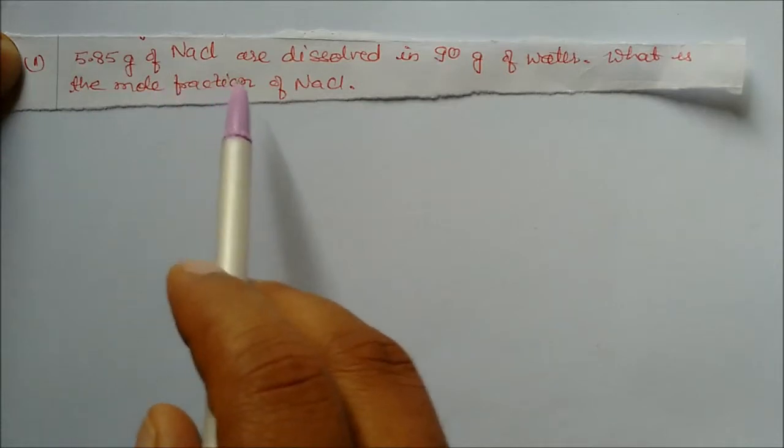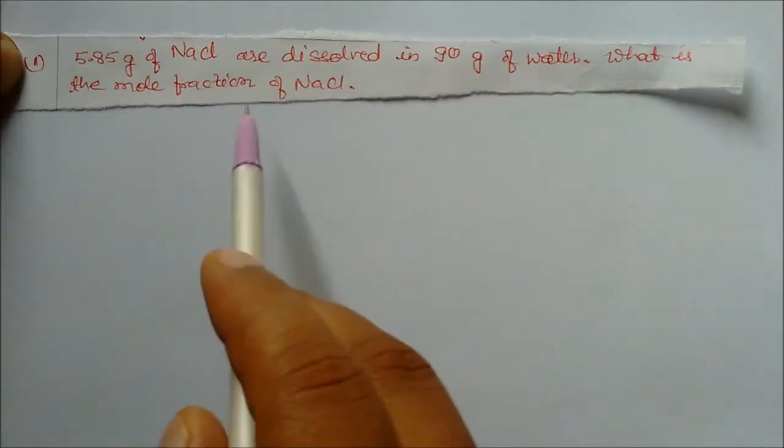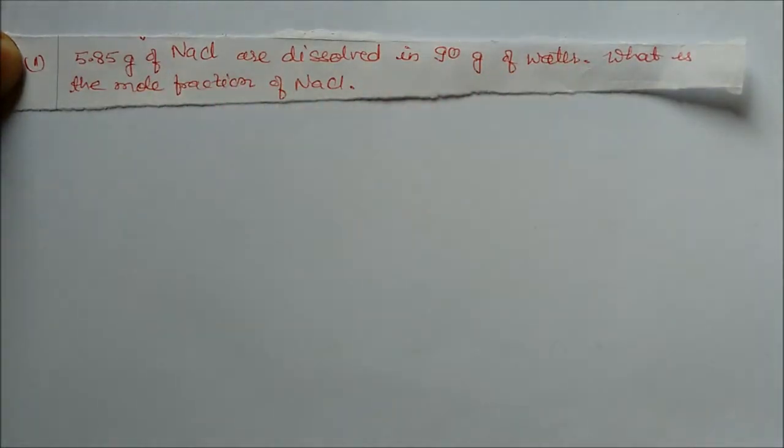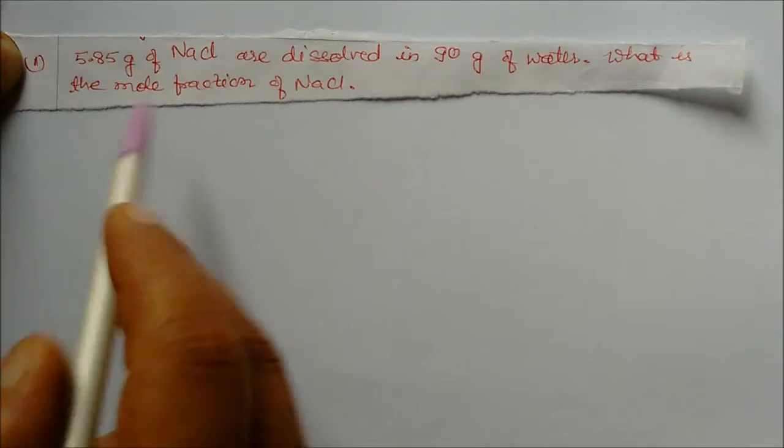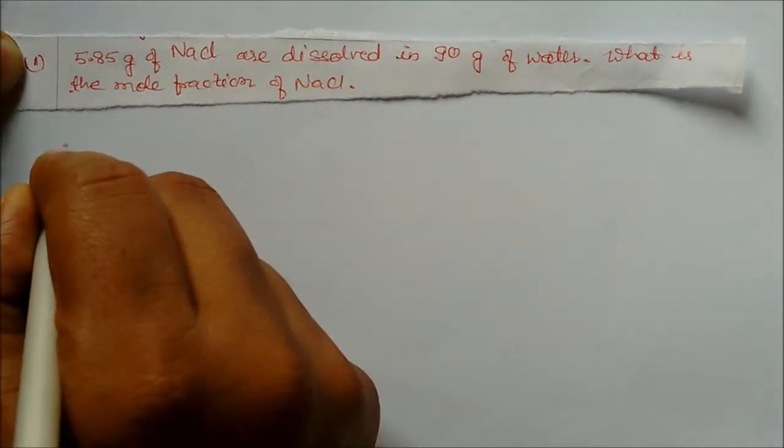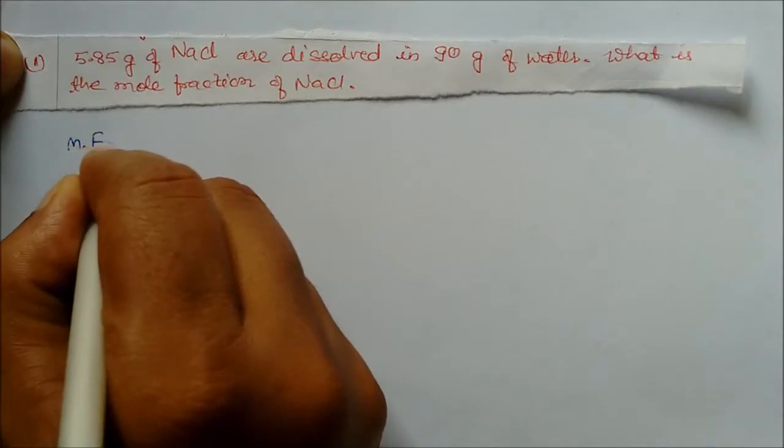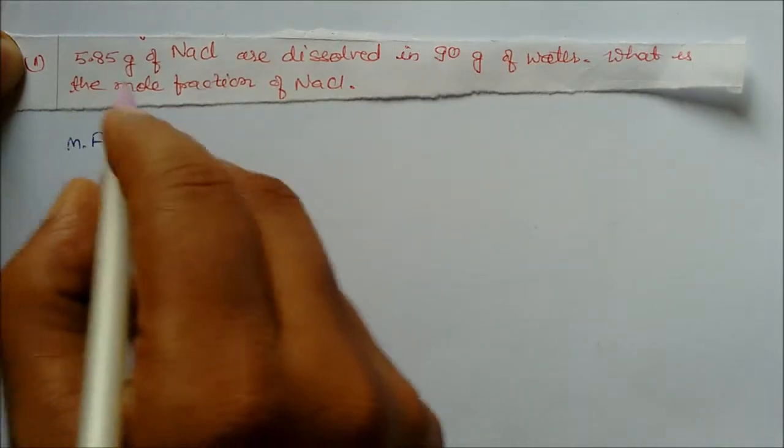5.85 gram of sodium chloride is dissolved in 90 gram of water. What is the mole fraction of sodium chloride? This question is very easy. We have given one solute and one solvent. The solute is NaCl and the solvent is water. So write down here, mole fraction is equal to